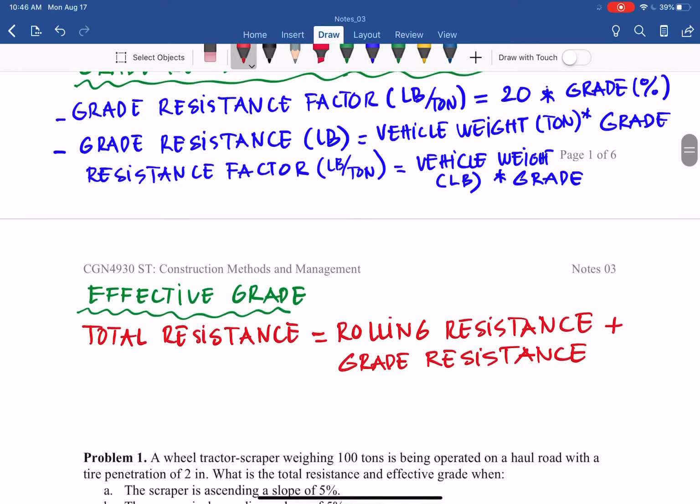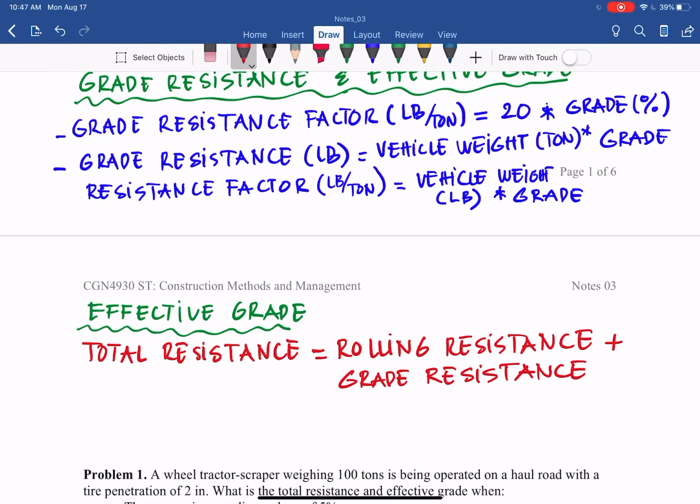But we want to know, okay, so a combination of resistance due to rolling and resistance due to grade, what should be the effective grade in percent, so that it is easy to imagine what the resistance should be combining rolling and grade. So with that the equation is straightforward. Effective grade after considering both rolling and grade resistance, it is equal to